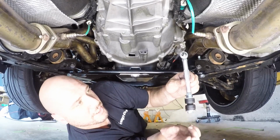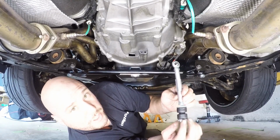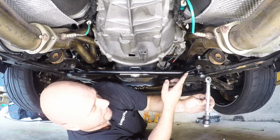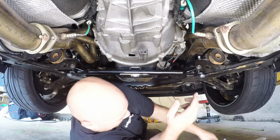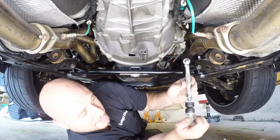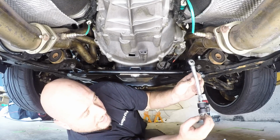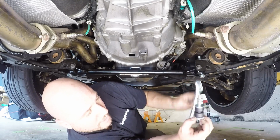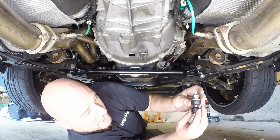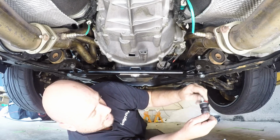Alright, so next thing you're going to do is loosen up the bushing assembly on these rods, and you're going to prep them to go into these flanges on here. So basically this is a 17 millimeter if it is tightened up. You go ahead and loosen this up, and then you're going to see this whole threaded rod is going to come off like this. You're going to get your jam nuts, you're going to have your washers, and you have your bushings. Basically you're going to loosen up the jam nuts